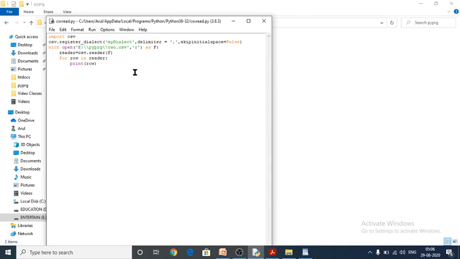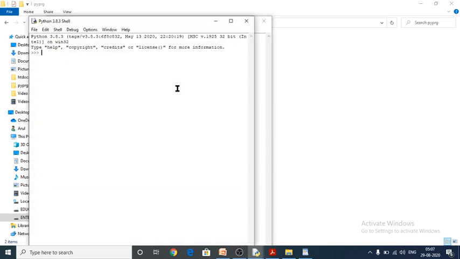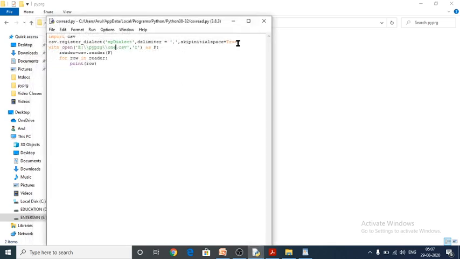So here I would like to give true, true, and here 1. Save your file, execute it. See, the initial spaces are there. Now I would like to give false here.